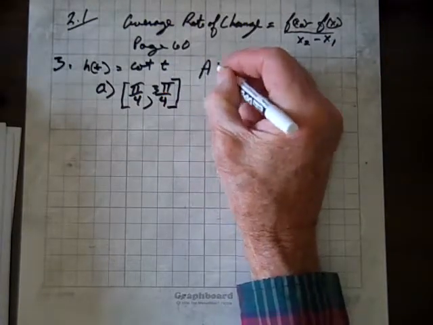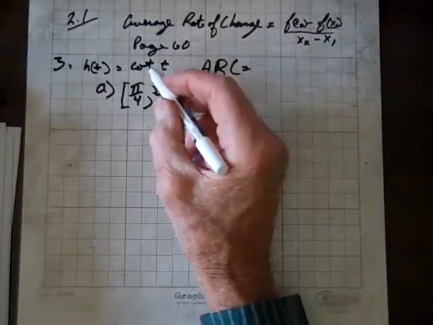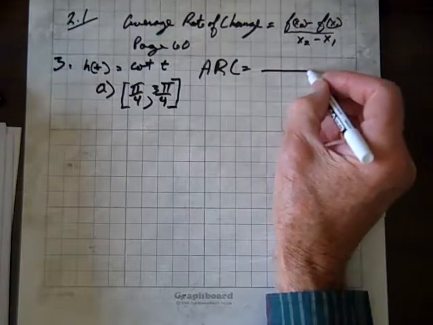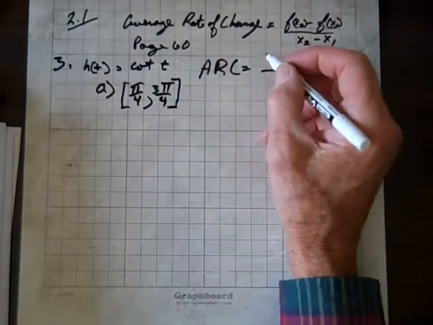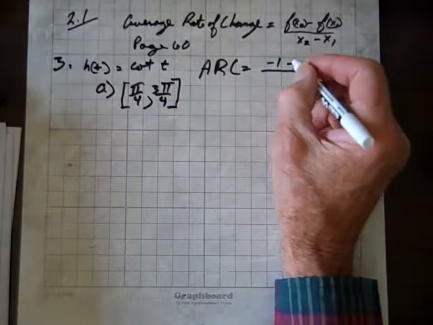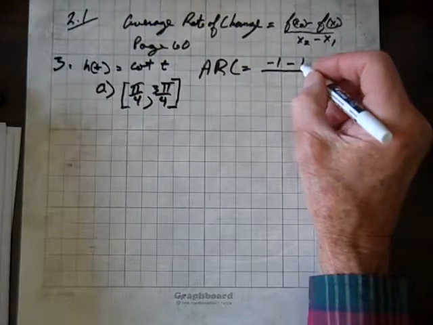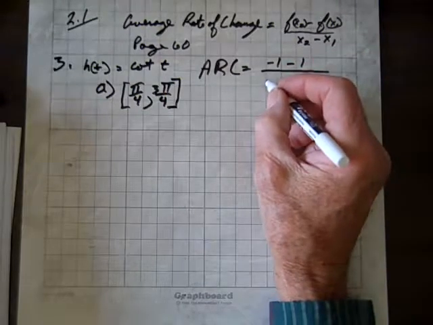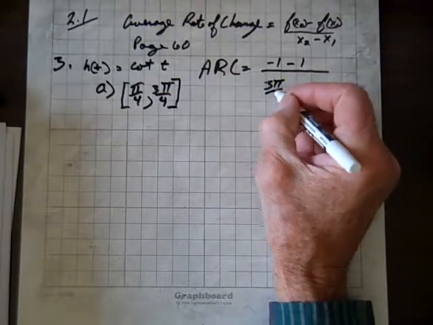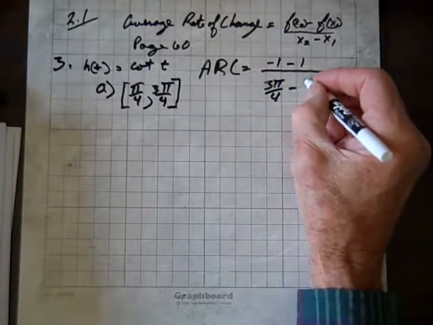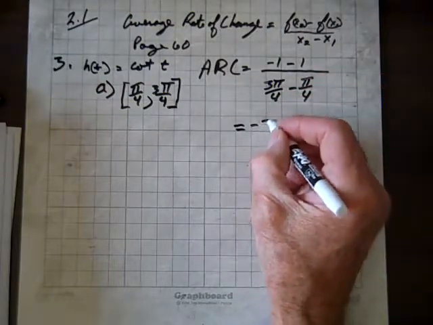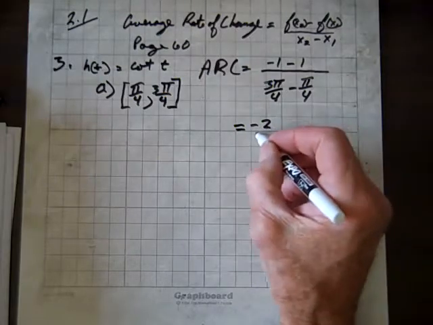So our average rate of change is going to equal the cotan of 3 pi over 4, which is -1, minus the cotan of pi over 4, which is 1, and divided by x sub 2 in this case, which is 3 pi over 4 minus pi over 4, and this equals -2 over